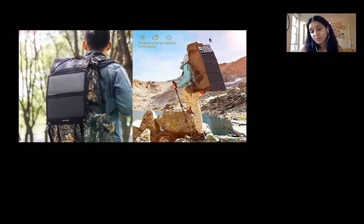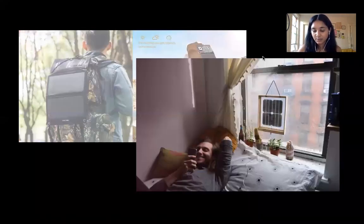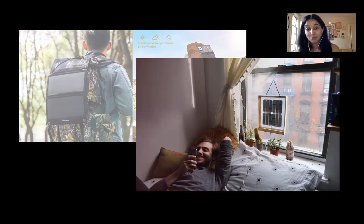There are personal solar panels on the market, but one of the things that frustrated me is that I'm not a very outdoorsy person. I wouldn't buy any of these camping solar panels, and I really wanted to find something that was more personal, more decorative, and could be integrated into my everyday life, which is actually a theme of SolarPunk,